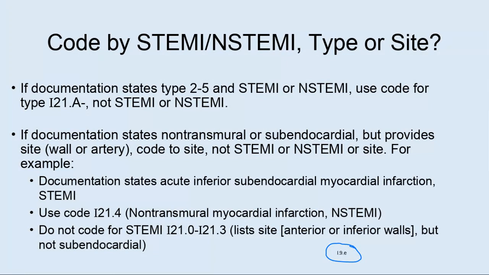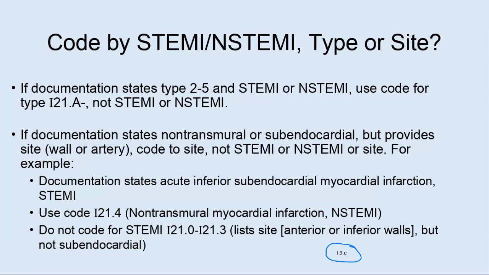So that would be from I21.A with an additional digit. If the documentation states non-transmural or subendocardial, but provides a site, a wall, or an artery, code to the site, not STEMI or NSTEMI. For example, if the documentation states acute inferior endocardial myocardial infarction, STEMI, you're going to pick up on